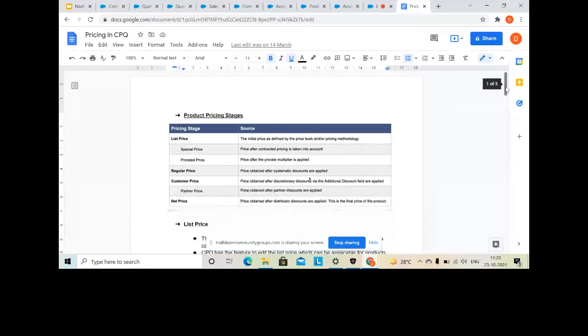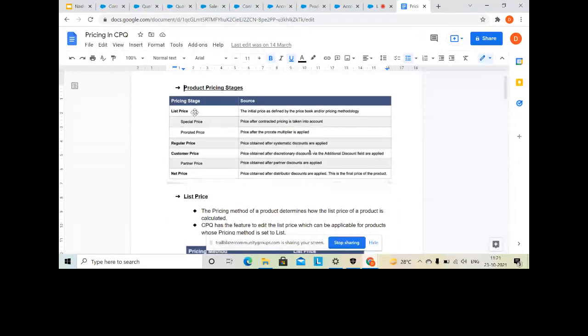Now we have a special price, which is the price after contracted price is taken into account. List price says your standard price. Standard price means the price defined in the price book entry, which in our scenario is $25. After contracted price is applied, it will store that price to special price. Now I'll show you how it's happening here.